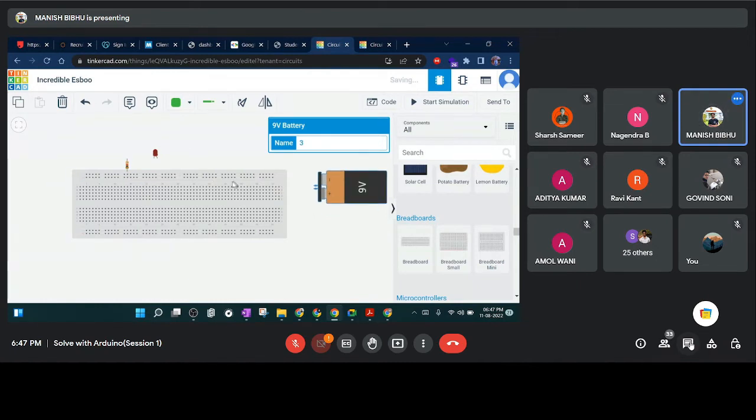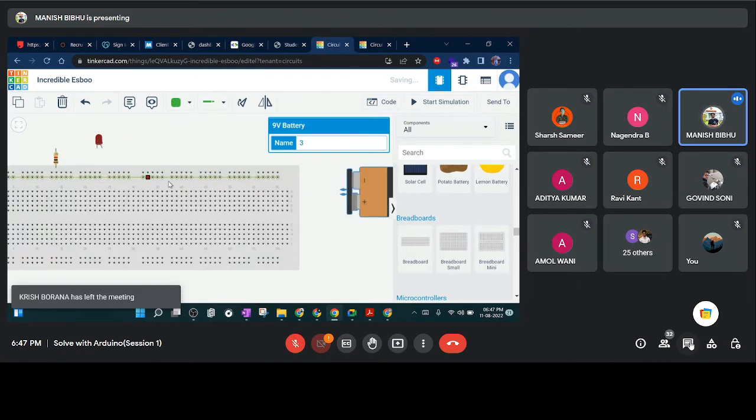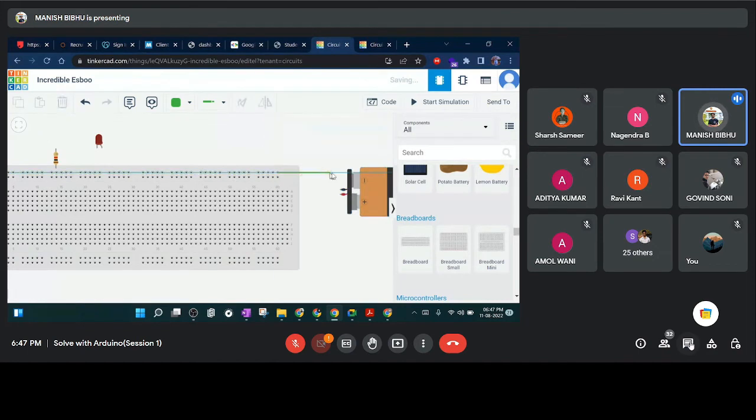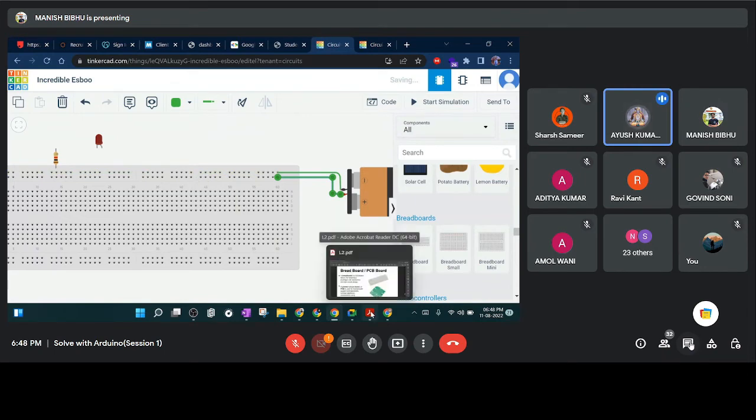So in the breadboard, we will give the power supply to this terminal. It means the side rows of the breadboard, both sides. We can give the positive supply to any row, and we can give the negative to another row. Now the whole row